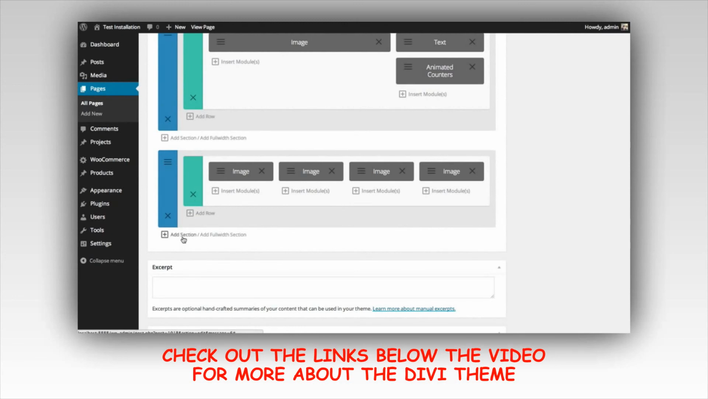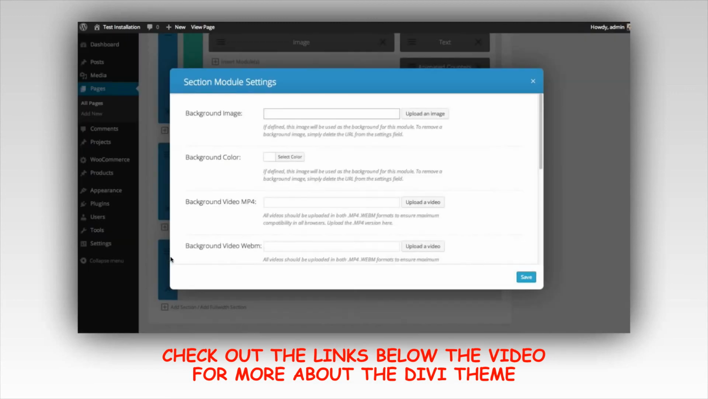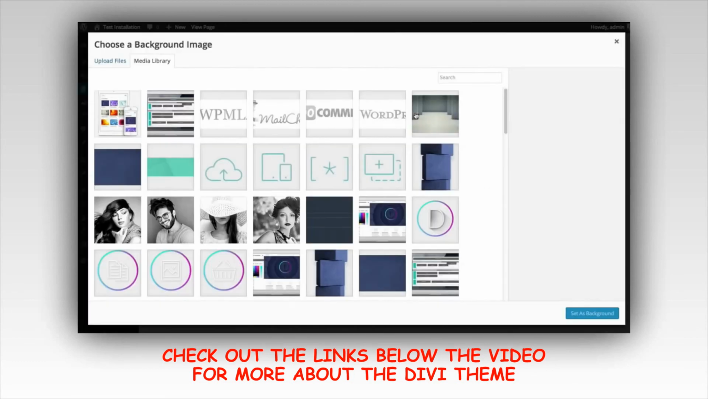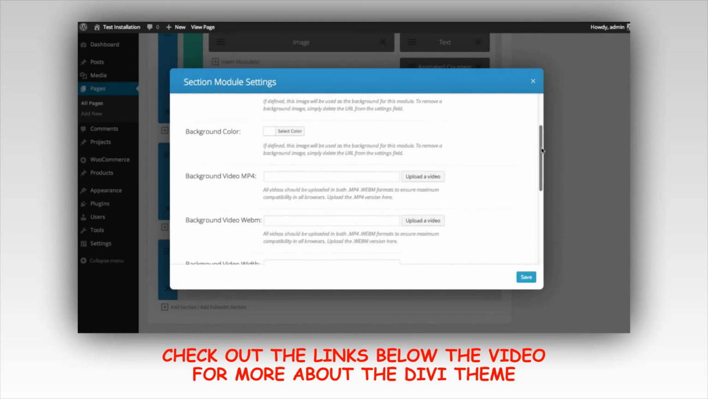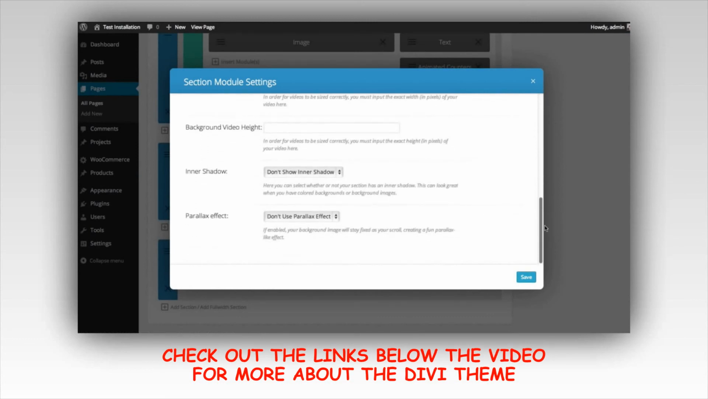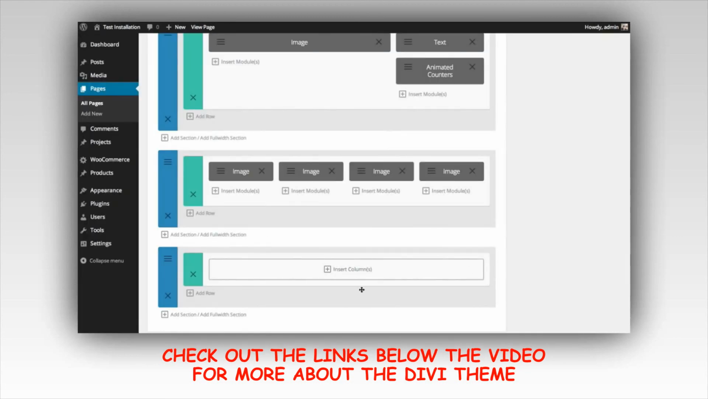So let's add a new section. And for this section, I'm going to add a background image instead of a background color. So I'm going to click the settings icon, and I'm going to upload a background image and choose this one. Click Set as Background. You can also do a video background. In this case, I'm just going to do an image, so I'm going to keep it the way it is. And inside